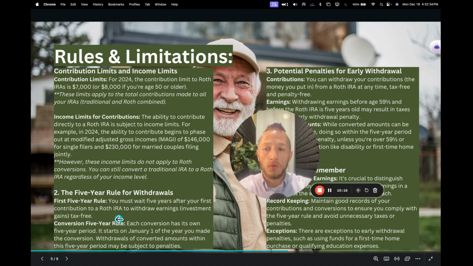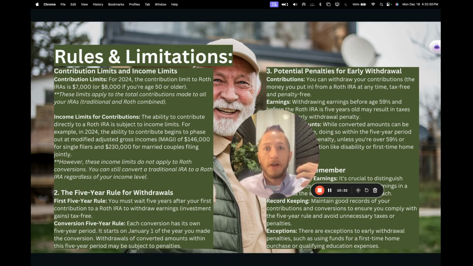The next 5-year rule is going to be the conversion rule. So each conversion has its own 5-year period. So if you do this multiple times over many years, for example, the conversion starts on January 1st of the calendar year that you made the conversion. So again, December 18th is today's date of 2023. If I converted a $10,000 IRA into a Roth IRA for this calendar year, I would get to claim January 1st as my first day of the years that we're going to have to count. So January 1st of 23, 24, 25, 26, and 27. So January 1st of 2028 would be the first calendar year that I could touch that money